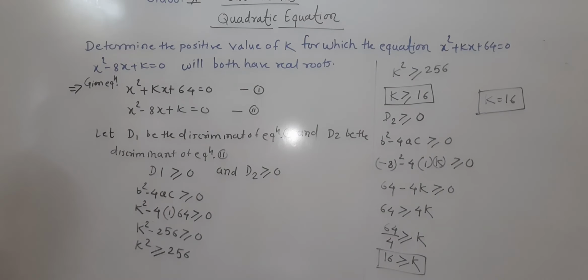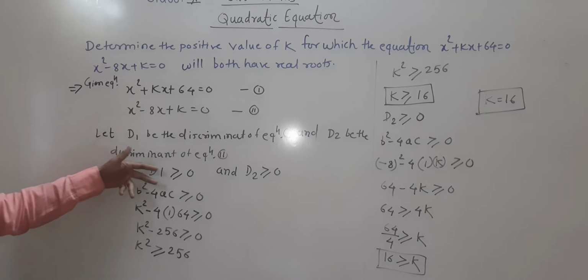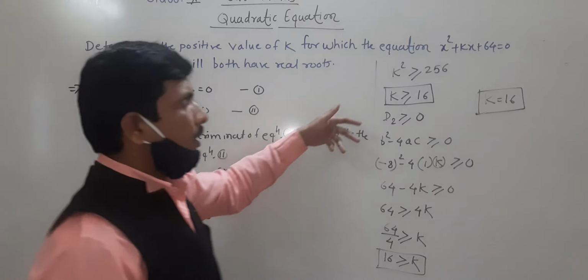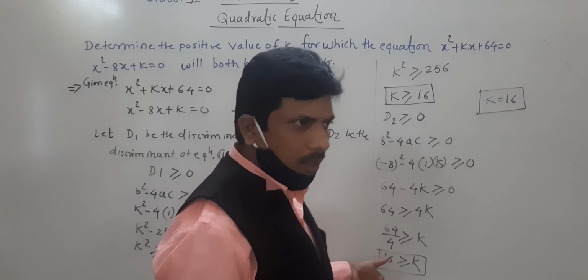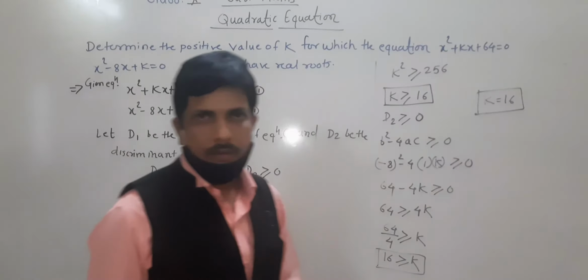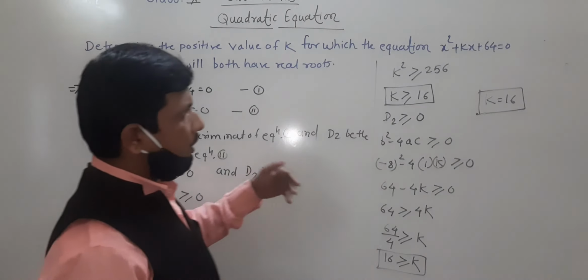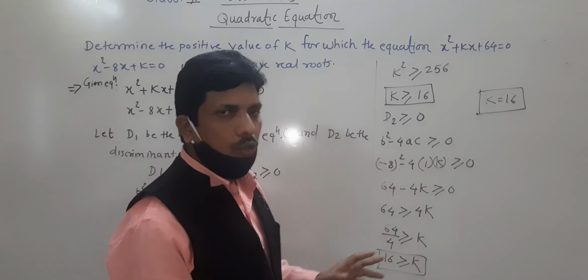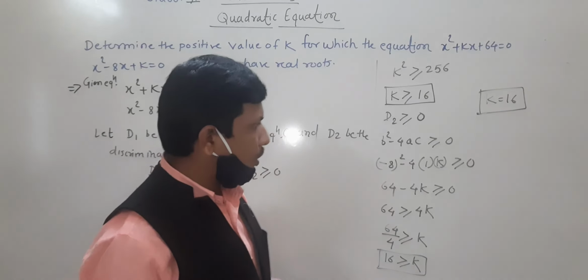Understood everybody what we have done? Two equations were given, and D1 and D2 we have taken as the discriminants of the respective equations. D1 is greater than or equal to 0 because both have real roots, and we have taken both. Here these are known as inequalities. There are some rules about inequalities, and wherever it is necessary we will explain them. Now we have directly taken b square minus 4ac. Here the inequality is not changing. In which case it changes, that we will explain. So now don't think about that.